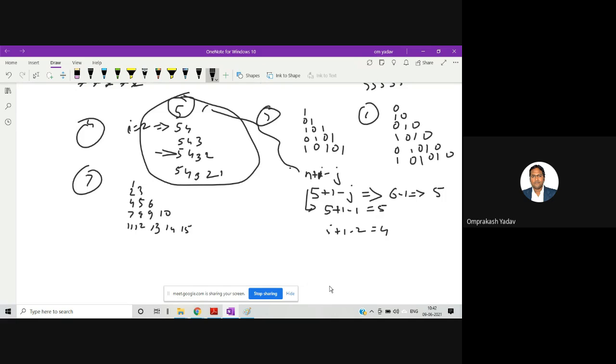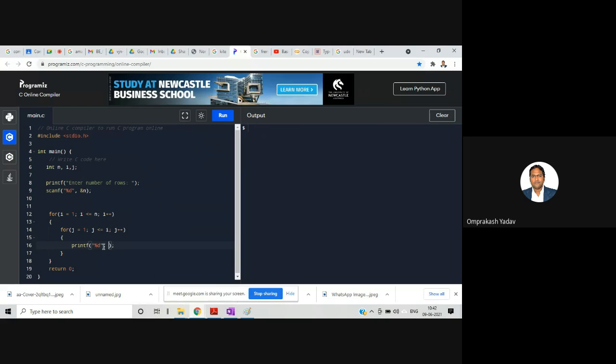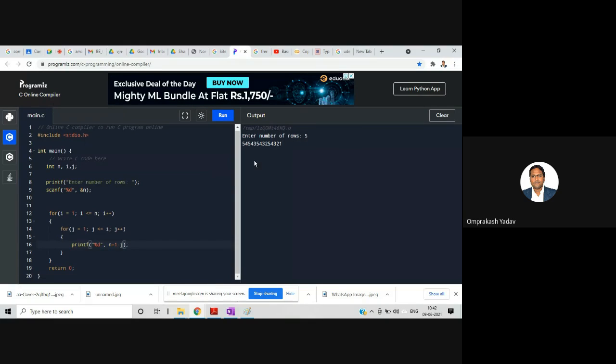So let's see what we will do. We are going to print this one, n plus 1 minus j. Let's check. So we got that, but after printing every row, we must put slash n. Yesterday I told you. So here printf slash n.